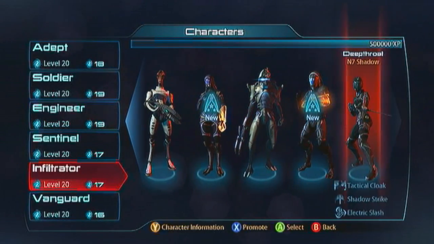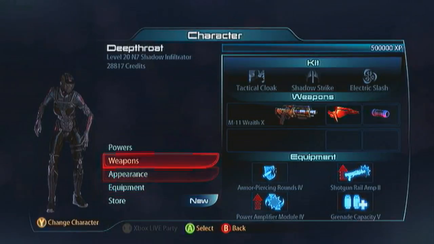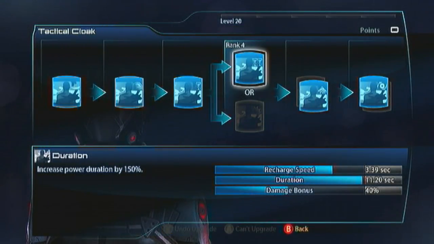Okay, this is the Shadow. This is my least favourite infiltrator, to be honest, just because she's kind of repetitive. But she's the most unique at the same time, okay, guys. This is the one infiltrator that I actually recommend that you take duration first on her tactical cloak, okay, guys,